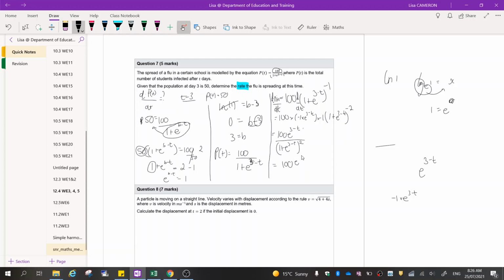So 3 minus 3 will make this 0. So we're going to let t equal 3. Next part of this question, substitute back in. That'll give me 100 on the top. On the bottom, I'll have 1 plus e to the power